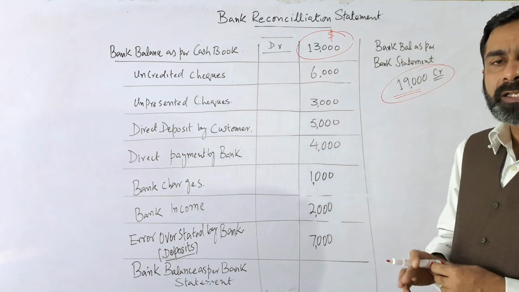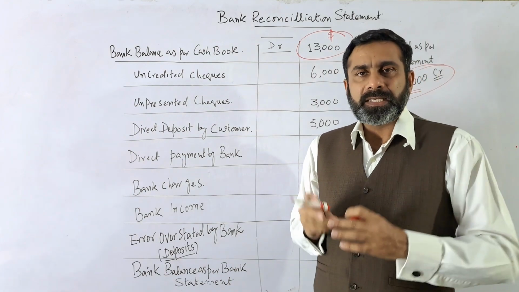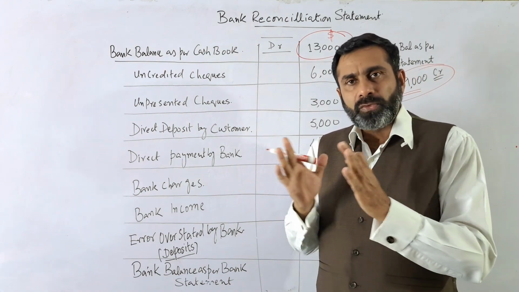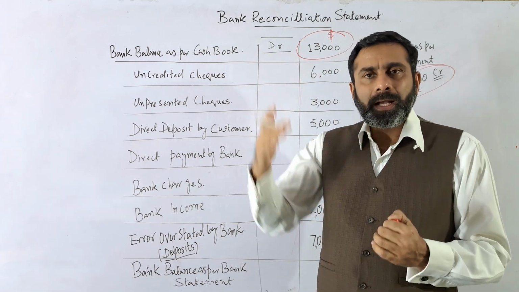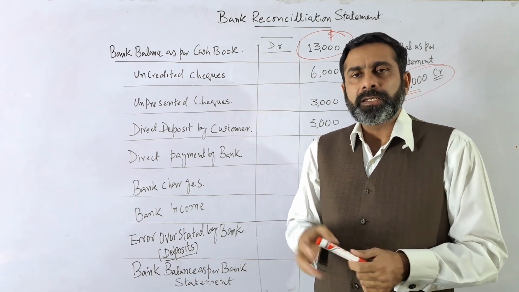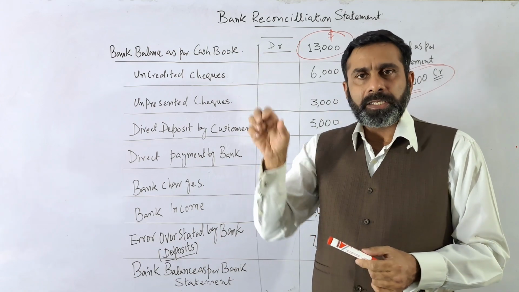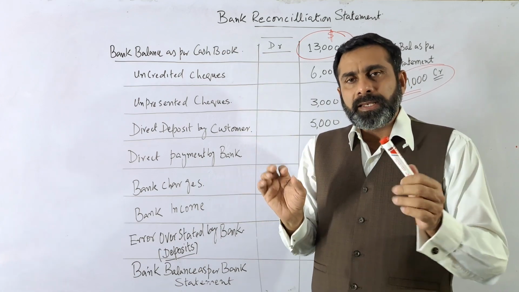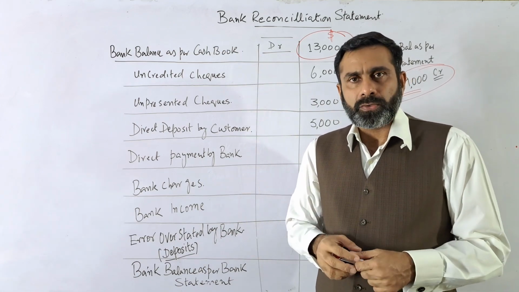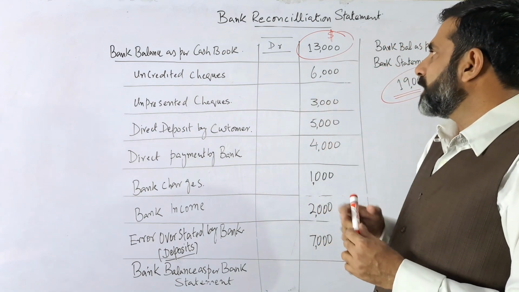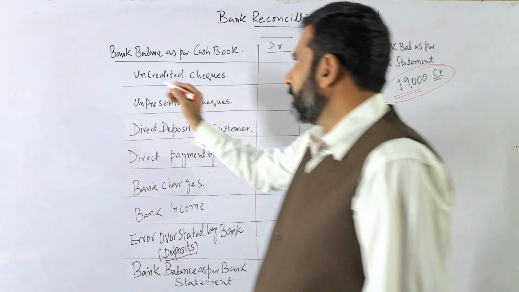So now we have to find out why the difference is there. What we have to do is match all the items in the bank statement with the items in the cash book, and if there is any difference, we have to point it out. So the first difference we have identified,